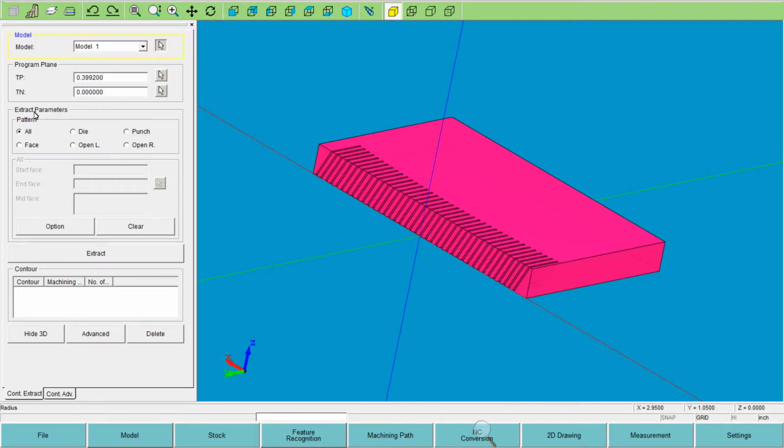Now for our extract patterns, we're going to pick open left. You can use open right or open left, depending on which side you want to start at. If I want to start on this side here, this will be the left side of the part, and I want to cut across with the wire to the left. If I want to start over on the right side of the part and cut across this way, then I'm going to pick open right. So I'll pick open left, and before I pick my faces,